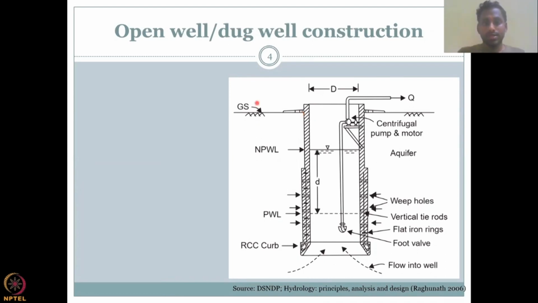What you see is there is a ground surface and the well has been dug. As I said, it has been dug using manual labor and the debris has been pulled out using a pulley or something. And the whole well is not lined, or no rocks are present, so mostly the water can come in. What you have is two water tables. One is the non-pumping water table, which means the water level before pumping,